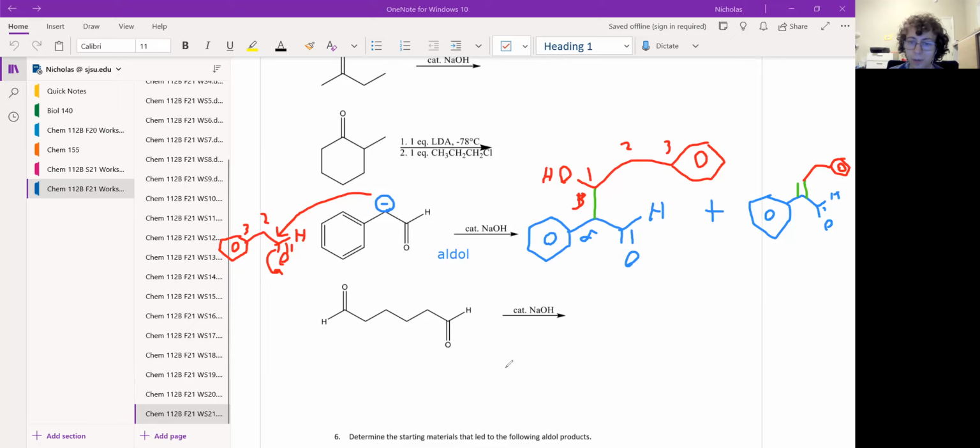And last one on question 5, we have an aldehyde and we're adding catalytic hydroxide again. So again, these are conditions for an aldol reaction. But this time there are 2 aldehydes in our starting material. We have the one on the left and the one on the right in the same molecule. It will start the same way because we're adding a base. It's going to form an enolate at the alpha position. And theoretically, it could